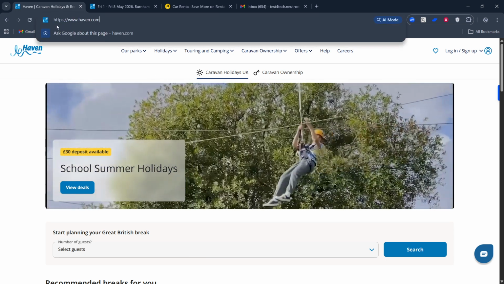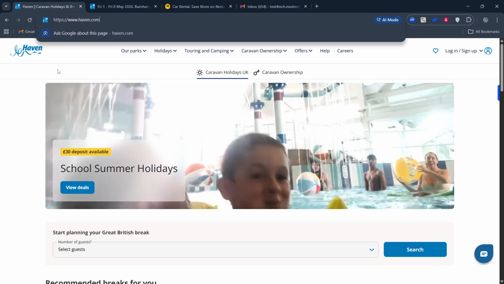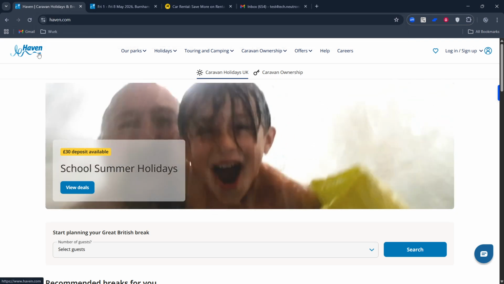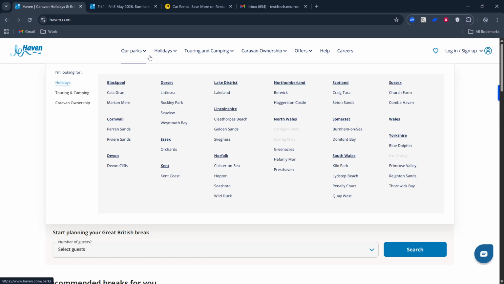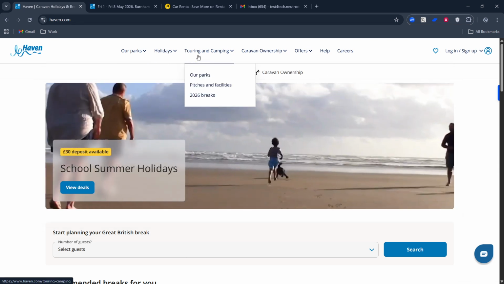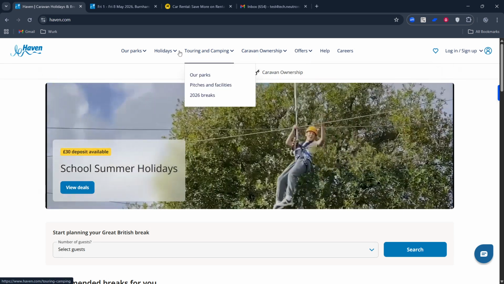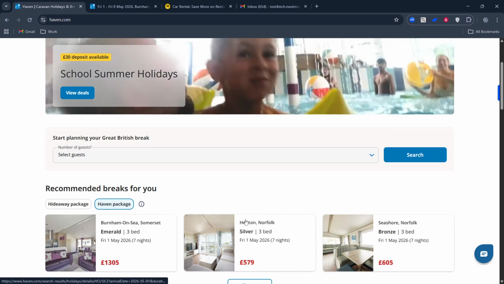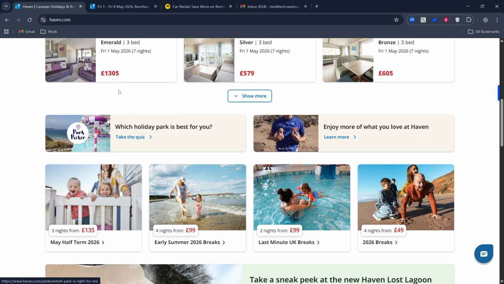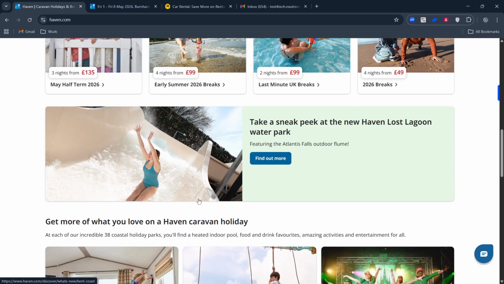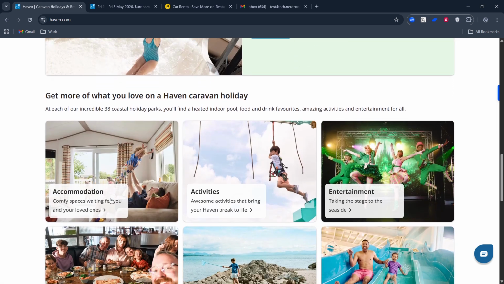From the homepage, start by choosing your holiday. Select the park you want to visit, pick your dates, and choose your accommodation type. Take a moment to check details like how many guests you're bringing, whether you need accessible or dog-friendly options, and any minimum stay rules. Getting these choices right now helps avoid hiccups later, and some codes only work for specific parks, dates, or accommodation types.